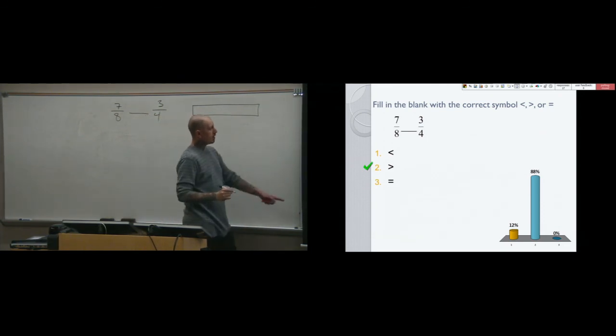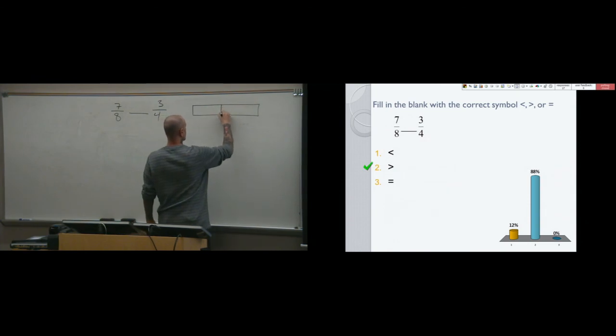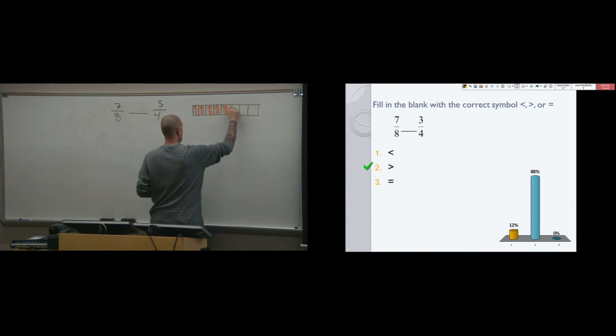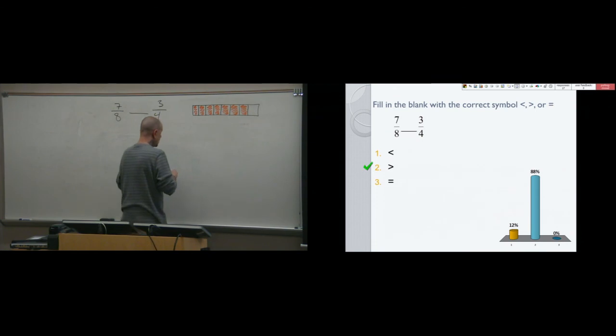The denominator tells me chop it up into 8 equal pieces. So there's 2, there's 4, pretty close, that's 8. And then the numerator tells me how many of those pieces to shade. So I would shade 7 of those pieces. Now, if I draw